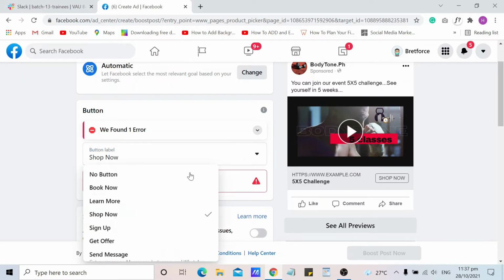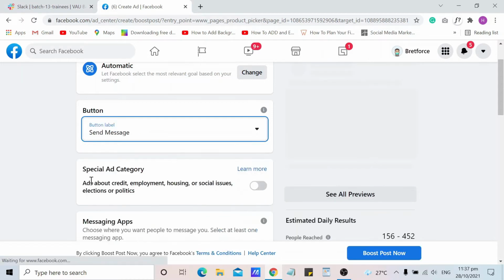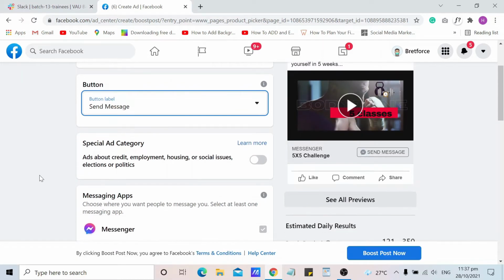I will choose send message. And this special ad category is all about ads about credit, employment, housing, or social issues, elections, or politics.